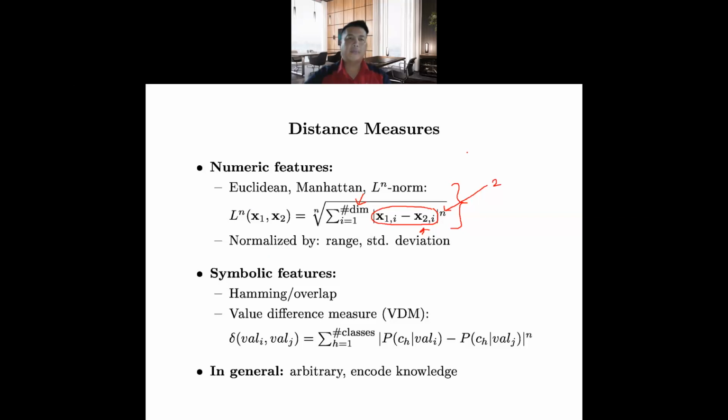But before we can perform the distance measurement, we have to normalize them. We can normalize them by using the standard deviation or the min-max. There are some other techniques that we can use. Always remember, in the previous example we have gone through this one: how do we use the min-max